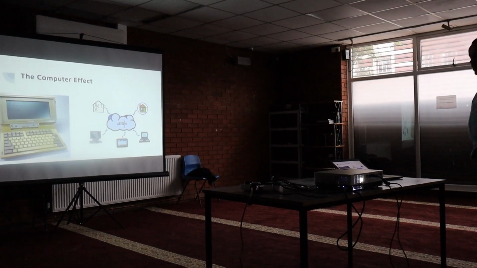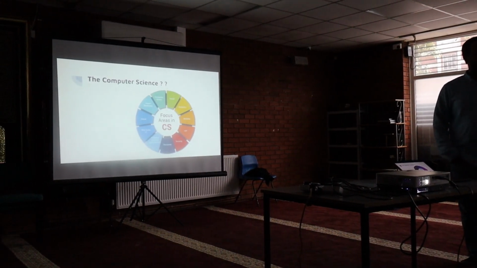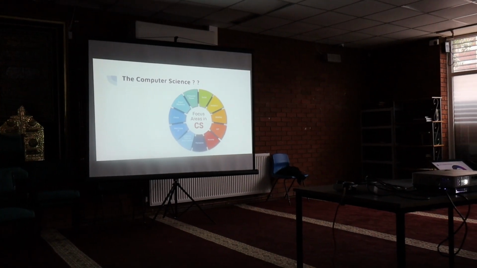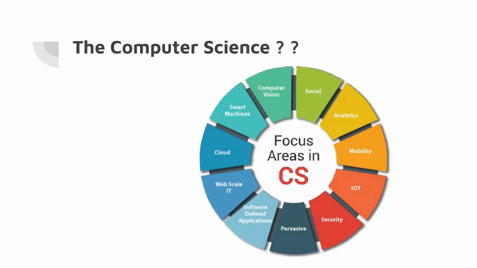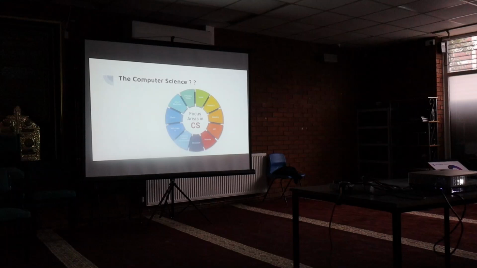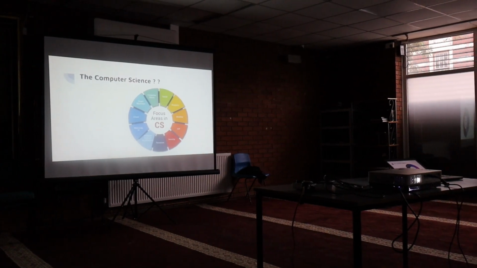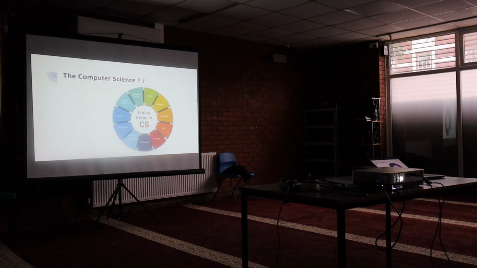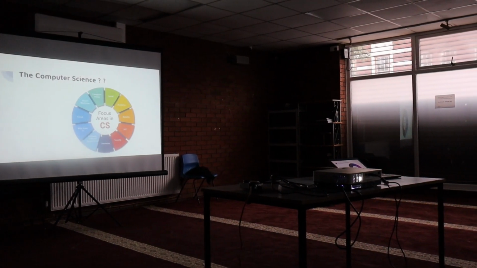This is why there is something called computer science. So computer science is the science of knowing how to use a computer, how to handle a computer, how to program a computer, how to lead a computer to do what we need. It focuses on how to use a computer to make our life easier. Right now, as we said, computers control everything about our life, right? And we can make it easier if we are smart enough to program it, to lead it, to control it, to use it for what we need.